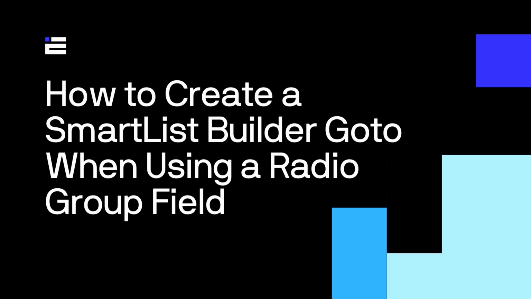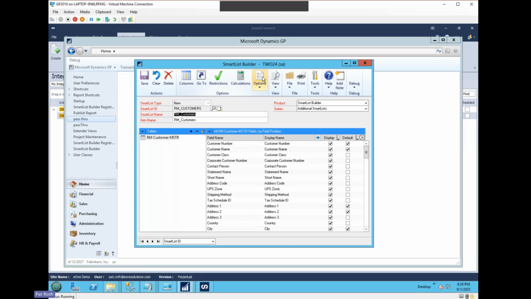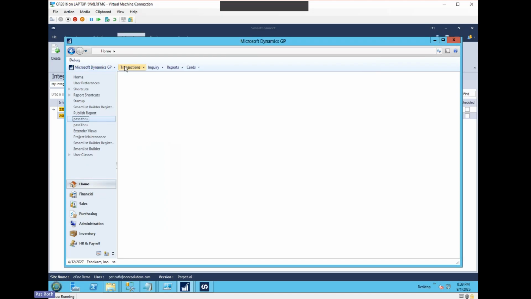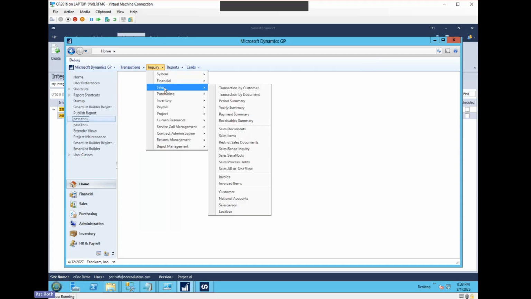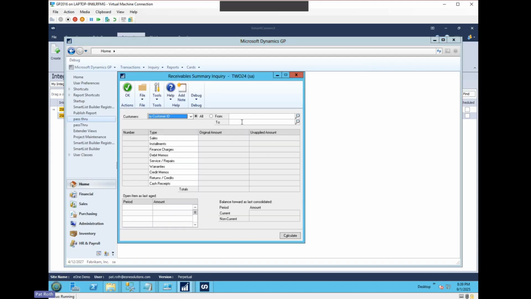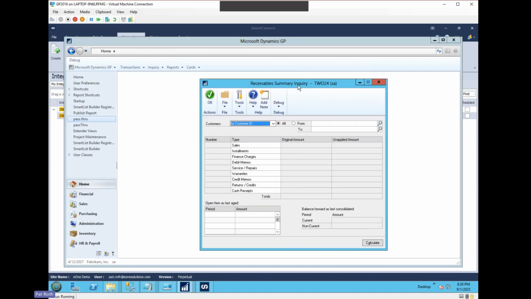Today we're going to look at creating a SmartList builder go-to, and using the go-to, we are going to set a radio group field that our window we want to go to requires. So the first thing we'll do is take a quick peek at the window. The window that they wanted to go to was the receivable summary inquiry window, and we notice that there's